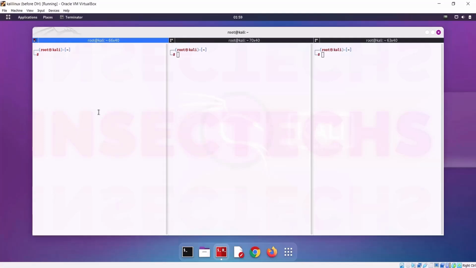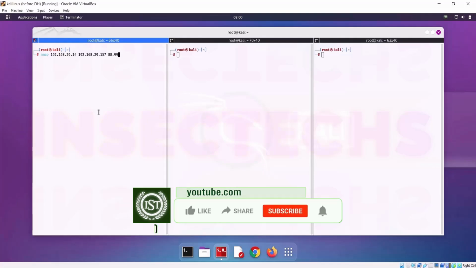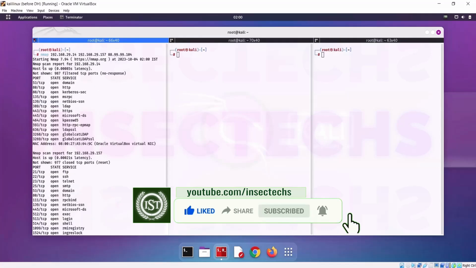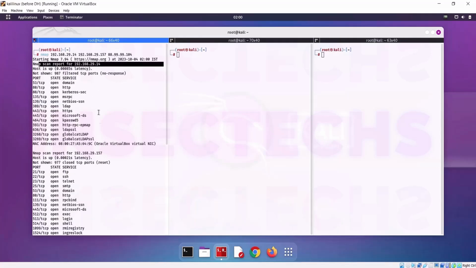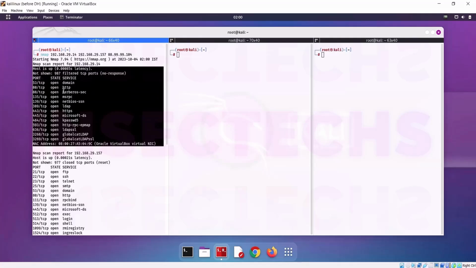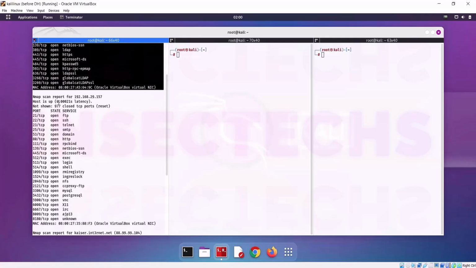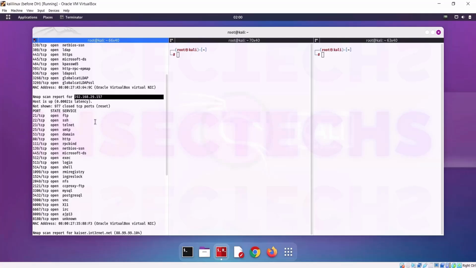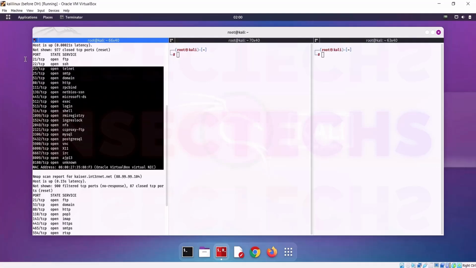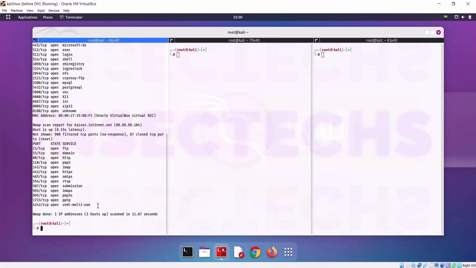In order to scan multiple IP addresses, the command or syntax is nmap 192.168.29.14 and 192.168.29.157, and also I'll do 88.99.99.104. Hit enter. As you can see, Nmap is doing its job, scanning the individual IP addresses. So this is a scan report for 192.168.29.14. We got the information: open ports, state, and service. Similarly, this is a scan report for 192.168.29.157, and we got the information that we have seen earlier, and we were unable to get the MAC address of